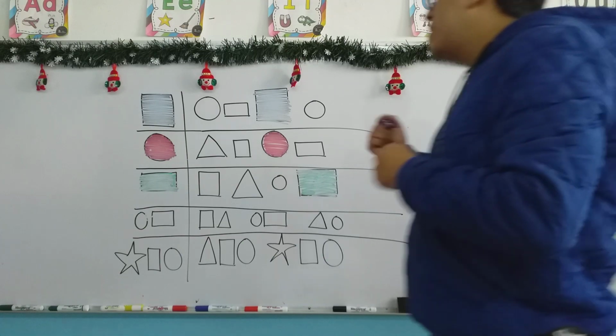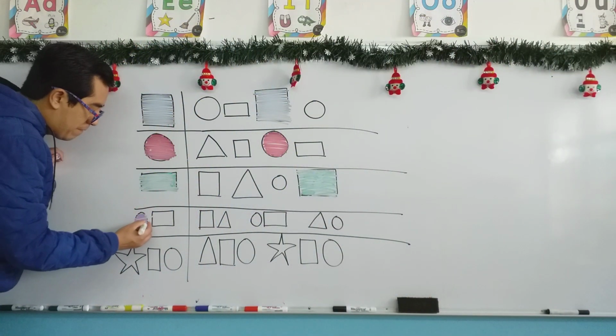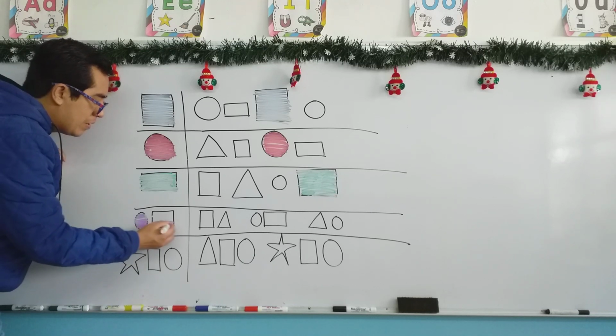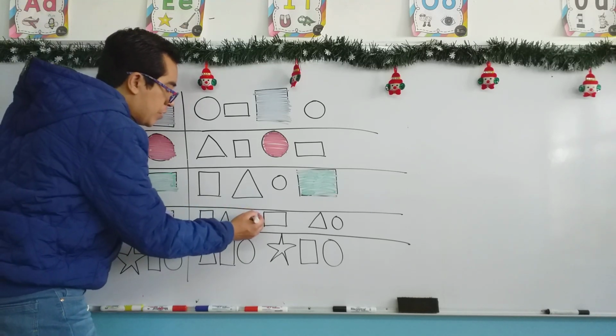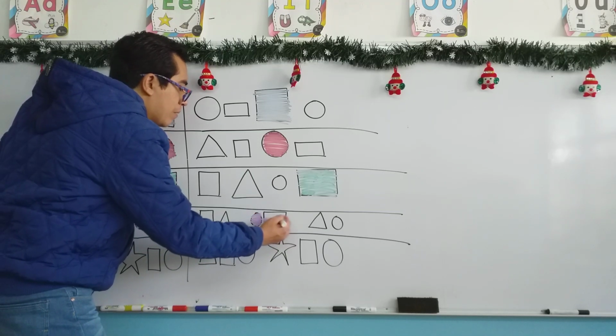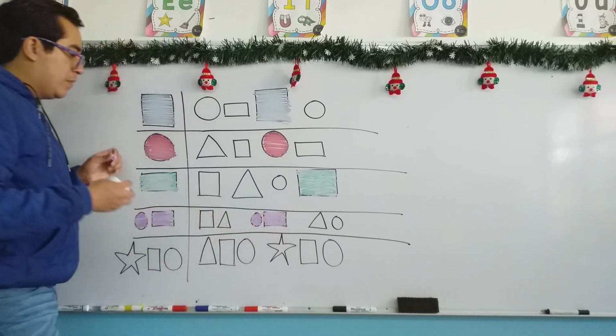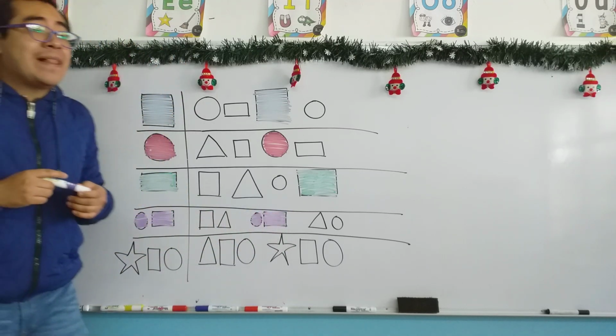For this, I will use color purple. First, we paint the circle, then the rectangle, the circle, and the rectangle. Okay, and we have finished. The last row,